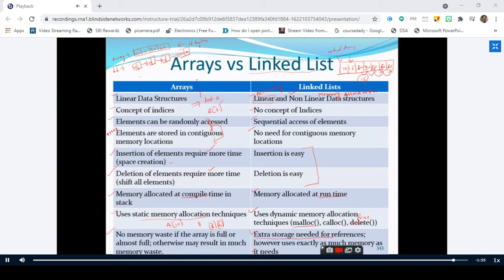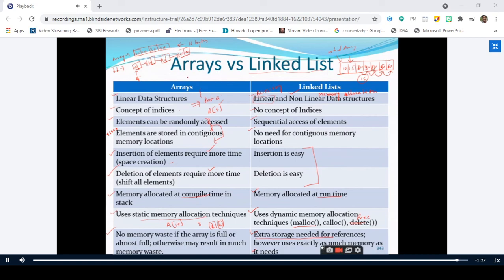8 bytes. Why? Because this is going to store the integer which occupies 4 bytes. And what is the address that it is going to store? It is going to store the address of a structure. So now tell me, what is the size of a pointer? 4 bytes, sir.